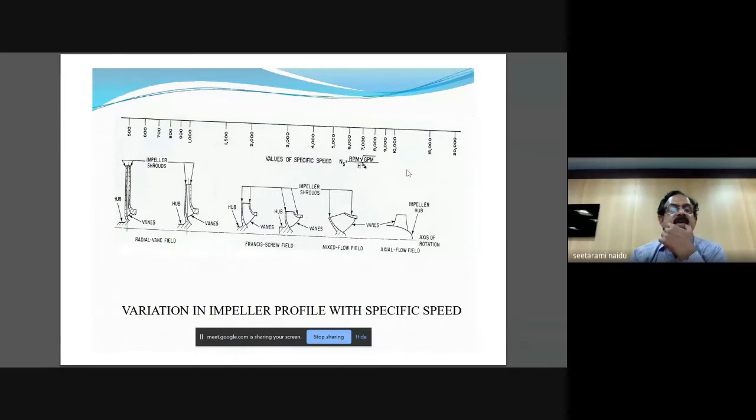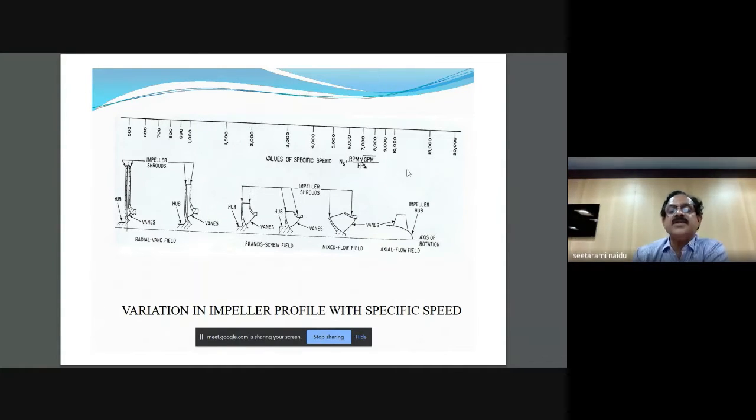Impeller profile with the specific speed. You can see how the profile changes from low specific speed. You have radial, then it is slowly changing to mixed, then shoulder impeller, then axial. This is the development. Earlier, it is like a fin. It is radial, with the impeller length also maybe higher, but it caters to low discharge and very high head. Here at the extreme right, it is axial, and the discharge it caters to is very high.